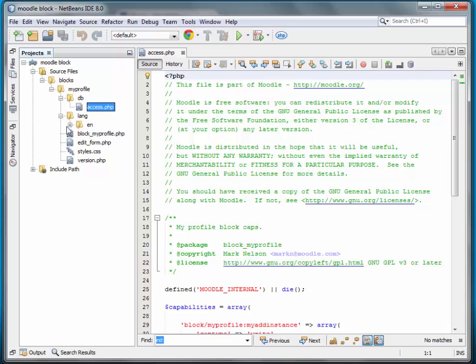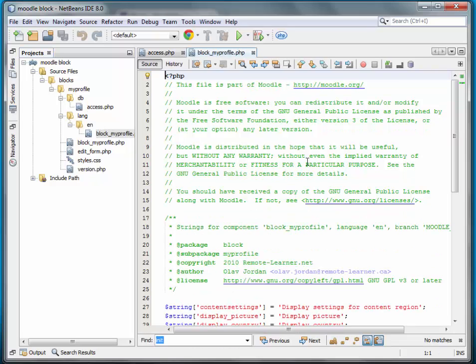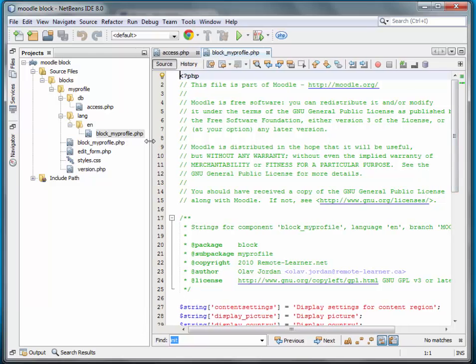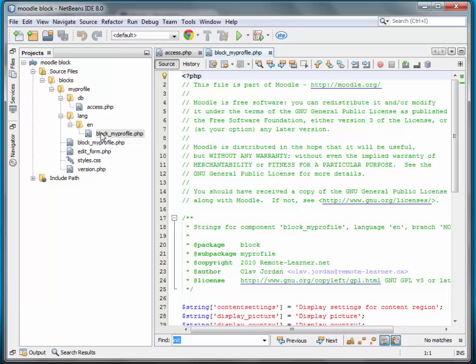We'll go over a little more detail in just a second. And then the second one that's required is the one for the language, and it's this file, the block underscore my profile. In this case, that's the name of the block, and they just use a naming convention to where they prepend all of the, not all, but some of the